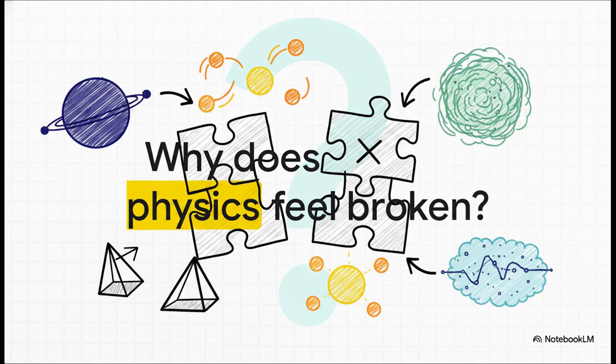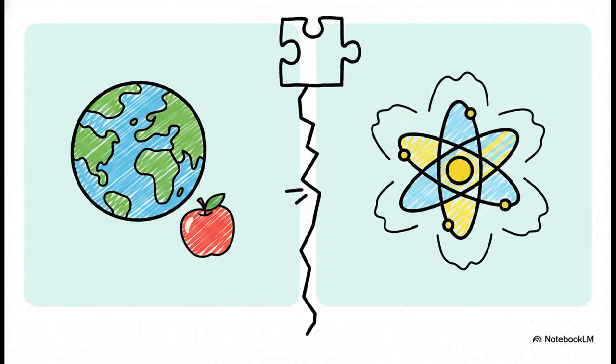You've got one theory that beautifully explains gravity, another for light, another for the strange quantum realm. But put them all on the same table, they clash. Just look at this classic contradiction that bothered Einstein so much. You've got classical mechanics, the macro world of gravity, which is highly predictable and deterministic. And then quantum mechanics, the micro world of light and particles, which is totally probabilistic and indeterministic.